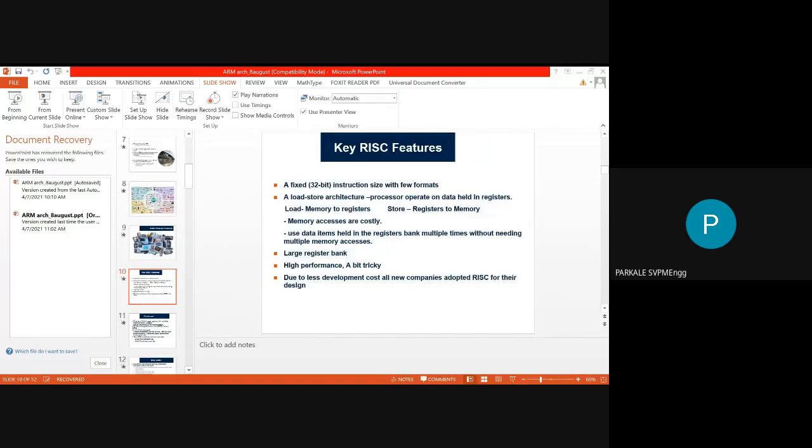Up till now we have covered 3 points. The first point is the comparison between CISC architecture and RISC architecture. The second point is the comparison of von Neumann architecture and Harvard architecture. Here von Neumann architecture is simple, but it is slow. Harvard architecture is somewhat complex, but it is faster compared to von Neumann. ARM7 uses the von Neumann type of architecture, and ARM9 uses the Harvard type of architecture.